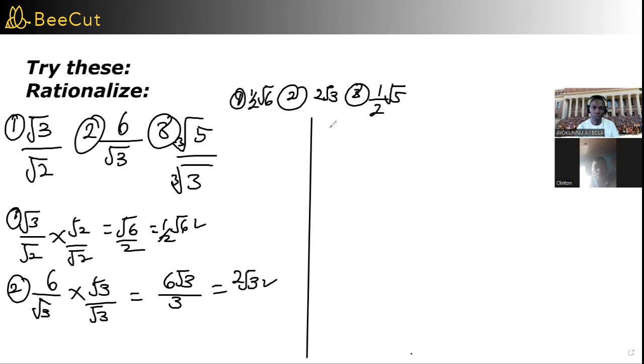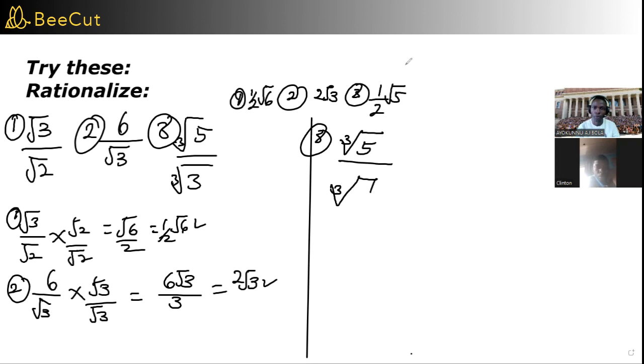Now, for this one, in order for this number 3 at the denominator to disappear or give us a real number, we have to make it appear 3 times. So that means to rationalize this, we're going to say cube root of 5 over